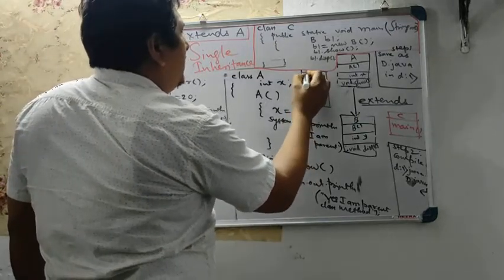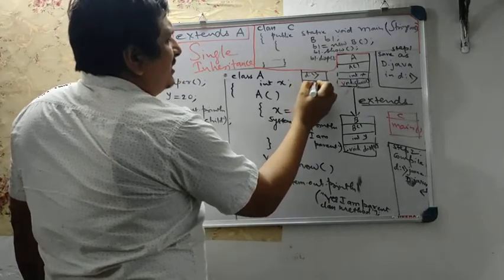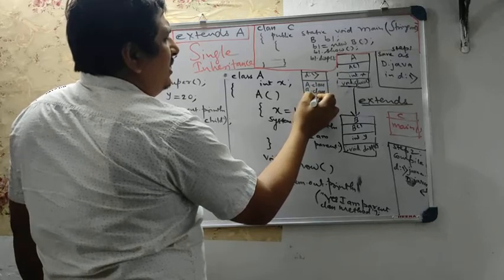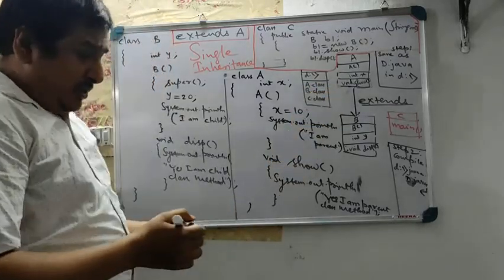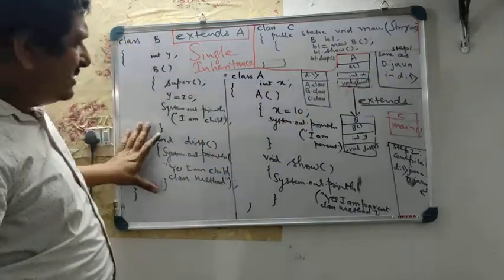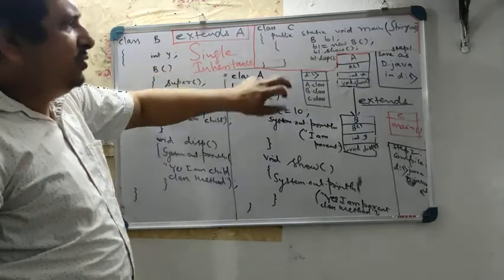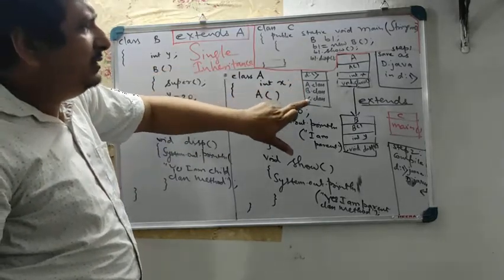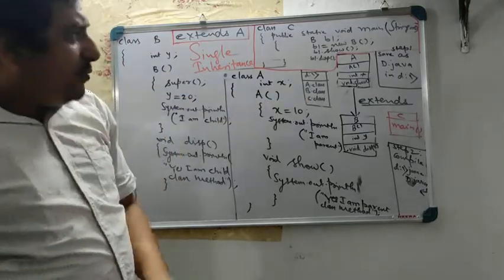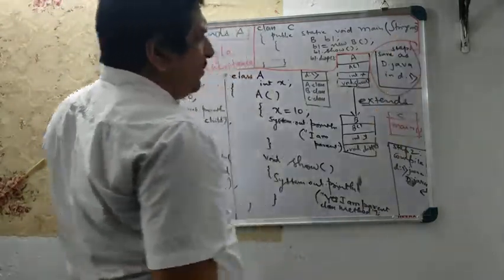Once it is compiled, in the D drive you will get a.class file, b.class file, c.class file, as your d.java program contains one class B, one class A, one class C. So you will get A.class, B.class and C.class. So, as I said, this is our step 1. We will save our program.